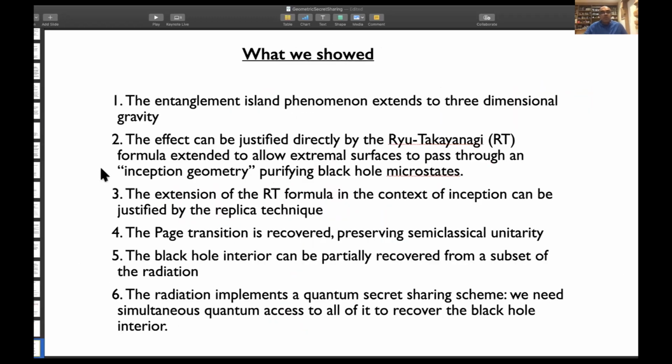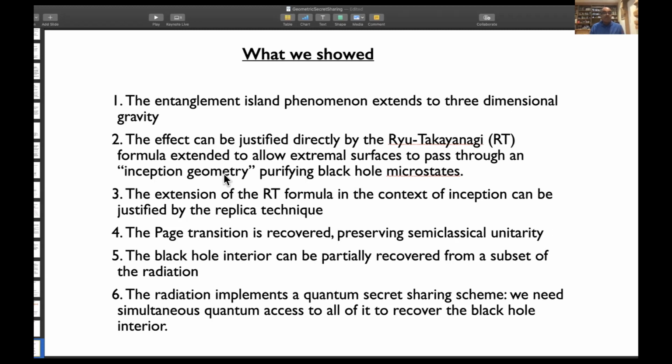Great, so what did we show? Hopefully I convinced you that the entanglement island phenomenon actually does extend to three-dimensional gravity. We tried to justify that effect directly by just using the Ryu-Takayanagi formula, but we had to extend it in an interesting way that allowed the extremal surfaces to pass through what we call an inception geometry for purifying the black hole microstates. Then I justified that extension of the RT formula in the context of this inception by using the replica technique. I then showed that if you agree with those constructions, that is, you can do this inception and then you can run this RT formula in this new way, then